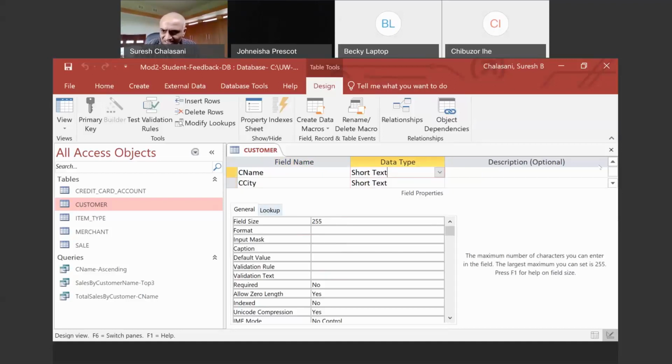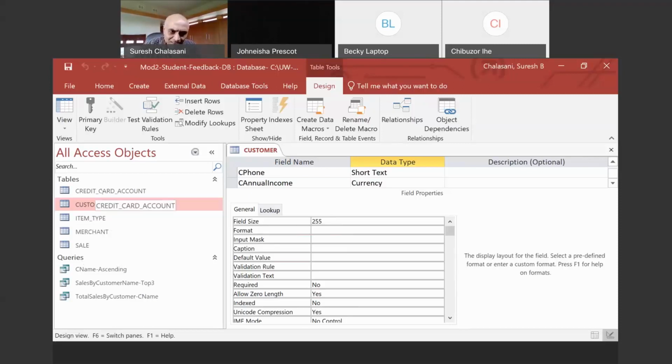Similarly, C city is short text, C state is short text, and state could even be 2 characters down below in the field size. C zip and C phone. C annual income is more like currency that you could use.